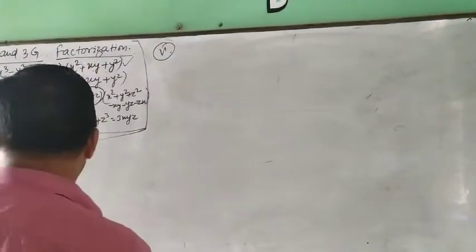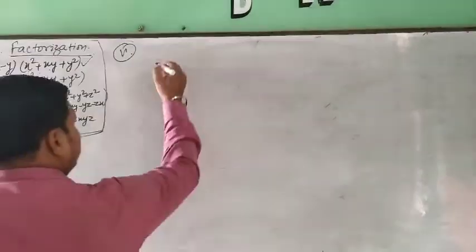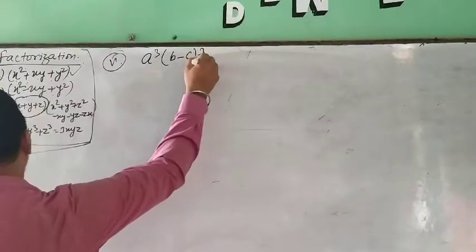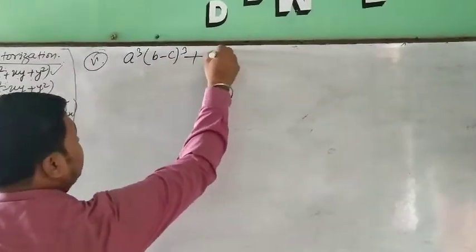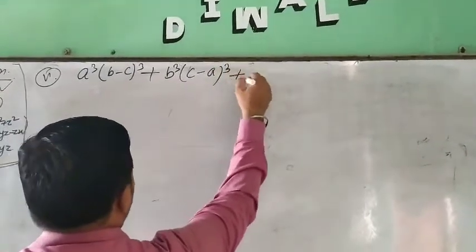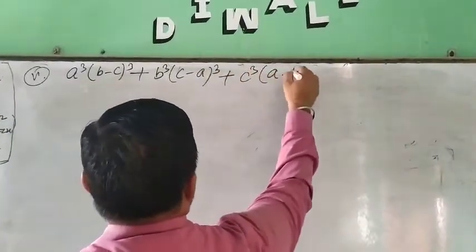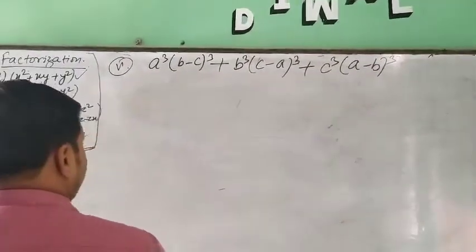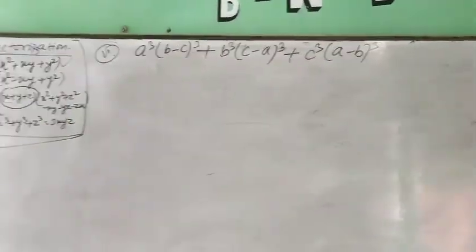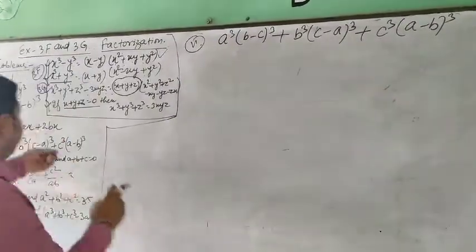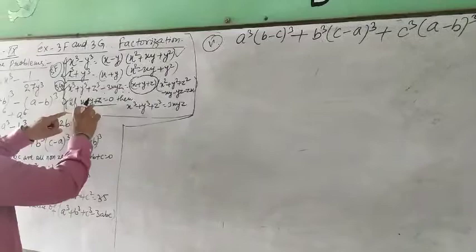Solution of your question number 5. Your question is a cube (b minus c) the whole cube plus b cube (c minus a) the whole cube plus c cube (a minus b) the whole cube. Here you must remember that if x plus y plus z equal to